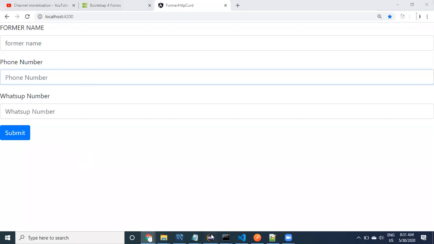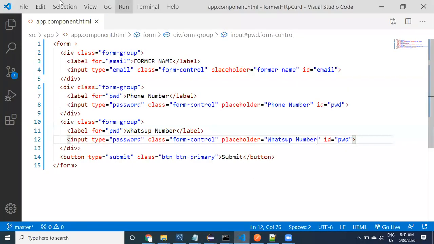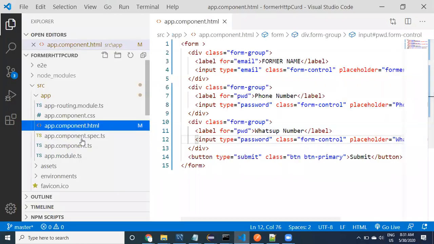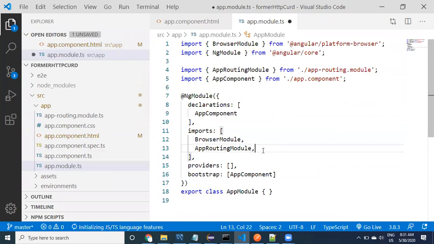Where do you need to import it? We are writing this code in the app module. So we go to the app module and to the import statements.